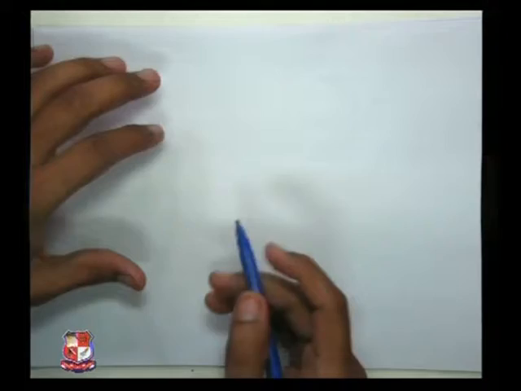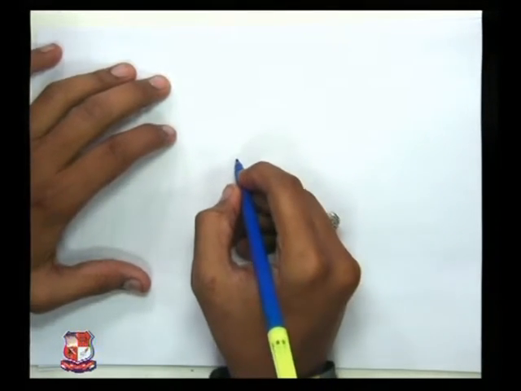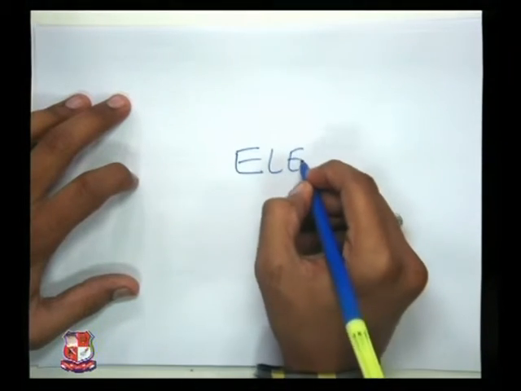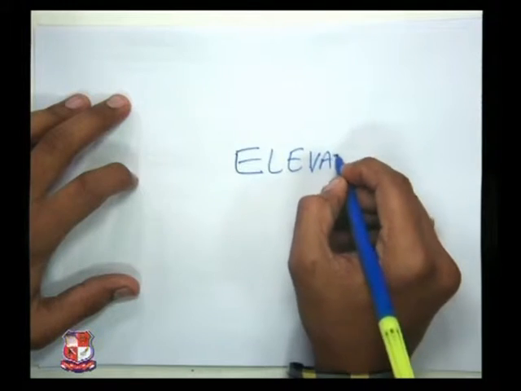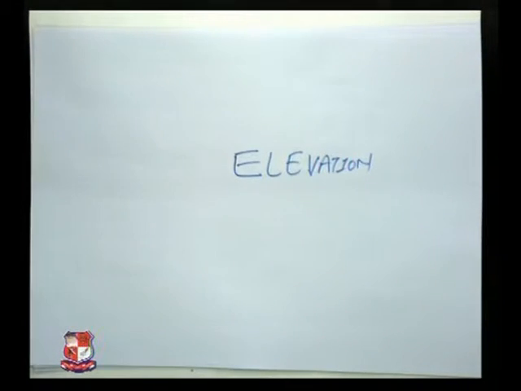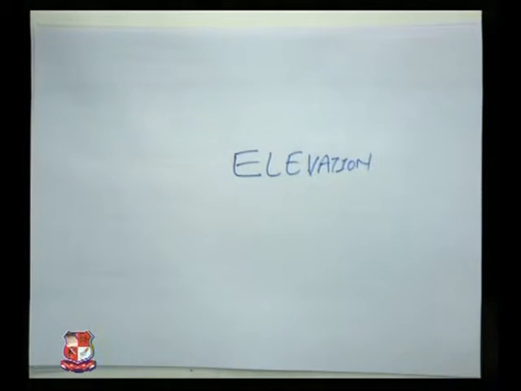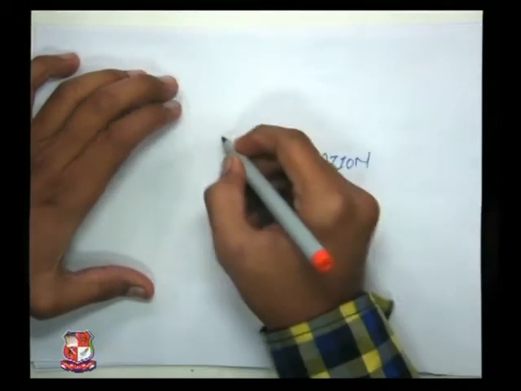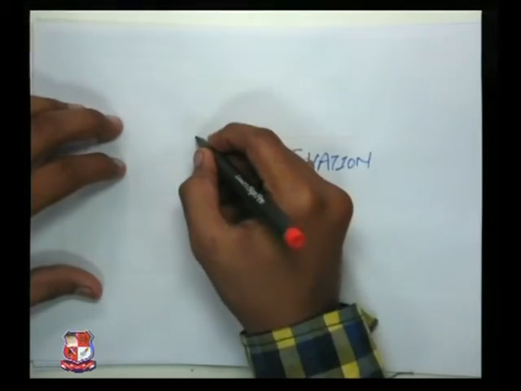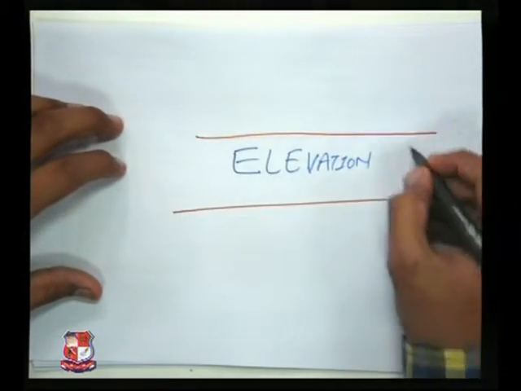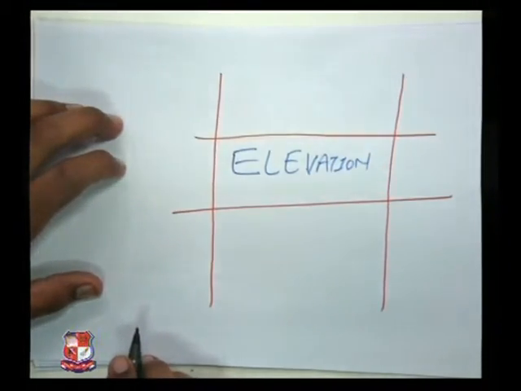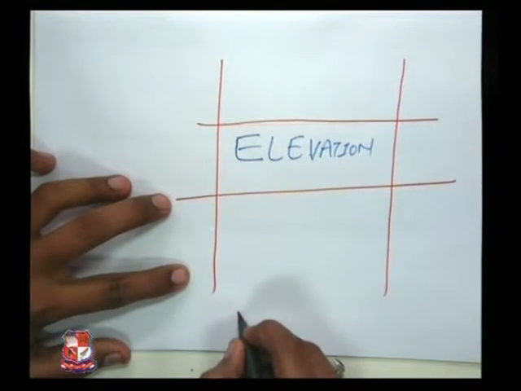We'll see that elevation will always be in the center. Elevation always in the center. Then another thing comes into the mind. In total, these kinds of views are there. Elevation would always be in the center. I am explaining first of all